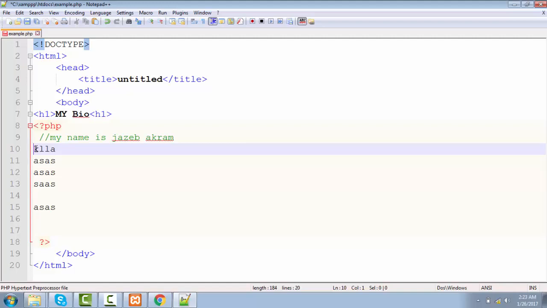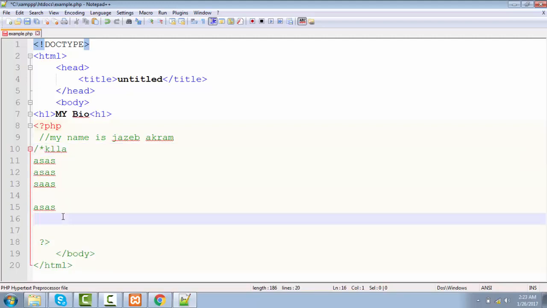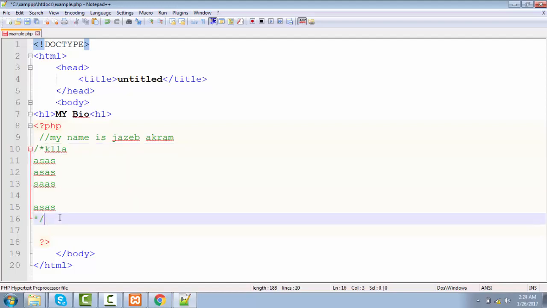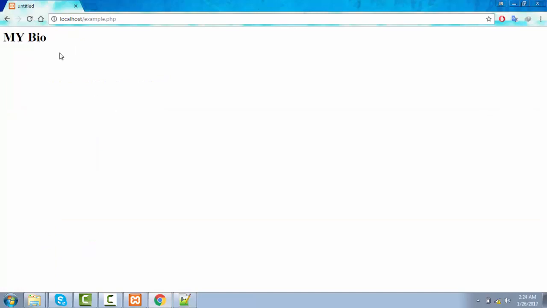We just have to write one slash, then a star sign, and then we have to close this multi-line comment with a star and slash. Now you will see that this commenting functionality gives us an edge to hide code and avoid errors in our browser. Let's save this one out. See, there is nothing on the screen, there is no error.